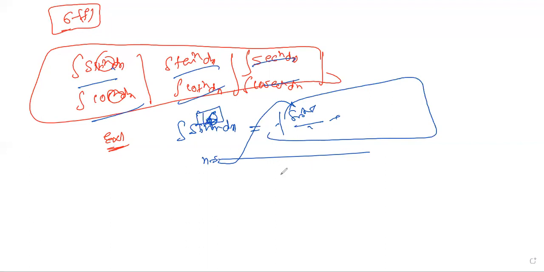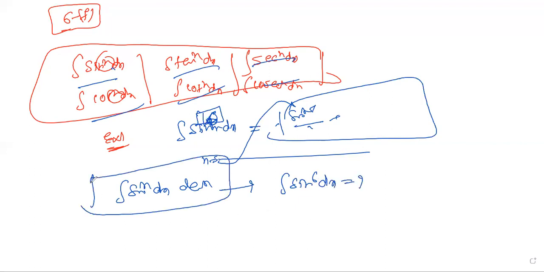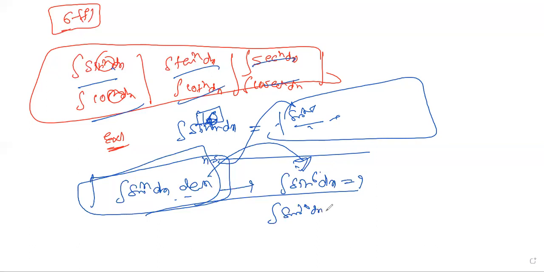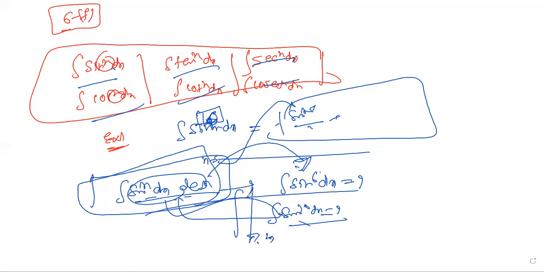Then in the examination, the sample question they'll ask: find the sin^n x dx derivation. Then from that we can calculate the integration of sin^6 x dx, equal to how much. It means first of all you need to derive the formula, then find sin^6 x dx by substituting the value of 6. Sometimes they'll ask what is the integration of sin^10 x dx. If you remember the formula, it's no problem, you can directly write it. If you forget, you know the procedure, then in your examination you need to derive the formula. It will take 2 minutes. Then apply the value 10 in the formula and you'll get the answer.